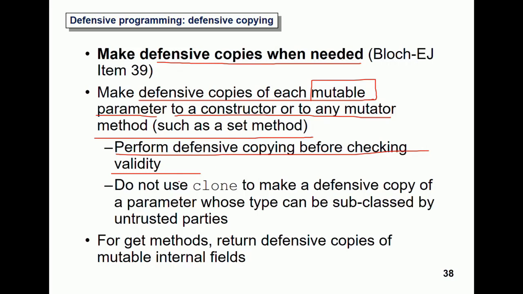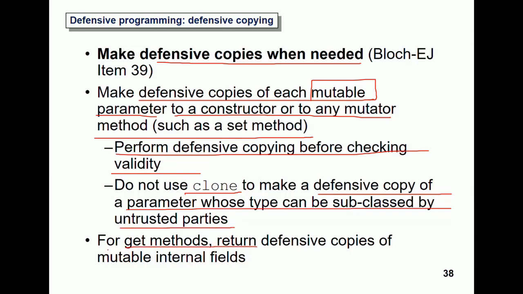And when doing defensive copying, do not use clone. There's only one type of object that I'm aware of that you can use clone for safely. Within the Java API, there's a Date class, and they've already implemented clone, and you can make use of the clone method within the Date object in order to make copies of dates. So do not use clone to make a defensive copy of a parameter whose type can be subclassed by